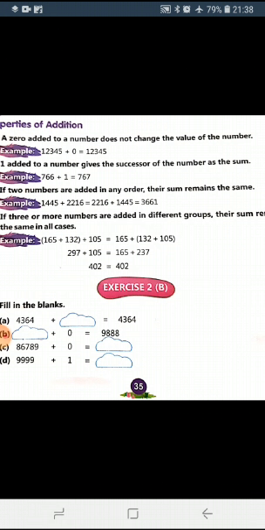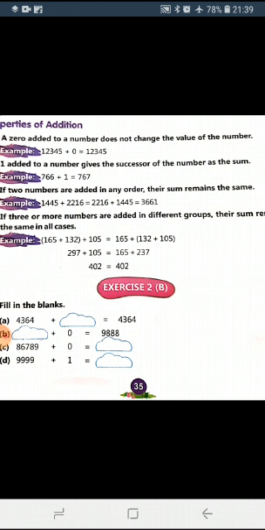Okay, so you can see that the answer is 297 plus 105. Now when you add them, your answer will come out to be 402. Right. Now on the right hand side, that is after equal to, the bracket terms contain 132 plus 105. Now the terms in the bracket will be added first. Which terms? 132 plus 105. That will give you 237. Okay. Now you see the second step. The numbers seem to be different. But when you add them, your answer will come out to be the same.